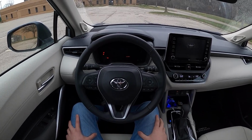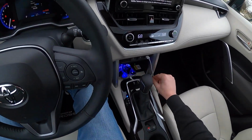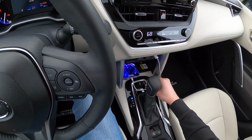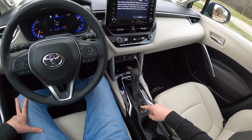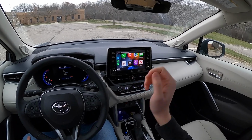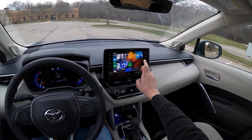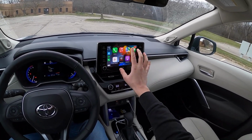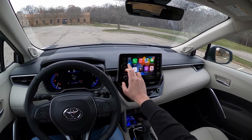Corolla Cross. All right, anyways, what else do we have down here? Well, we've got a traction control off button, our auto stop start off switch, our parking brake, and our auto hold. We've also got wired Apple CarPlay. As you can see, it's coming up here nicely. The infotainment itself, it's all right. It's just standard Toyota. It has that weird screen texture that I'm not the biggest fan of on Toyotas, and